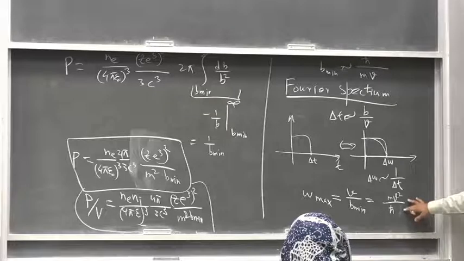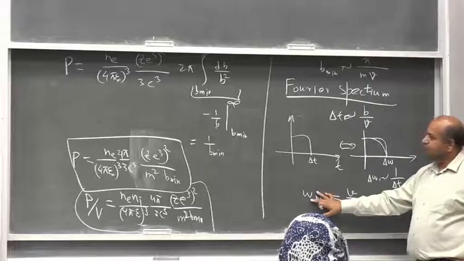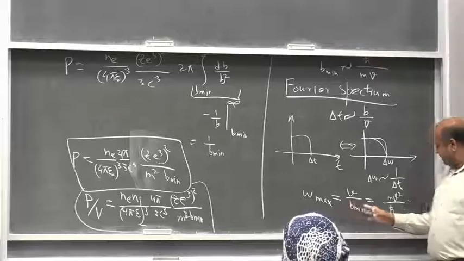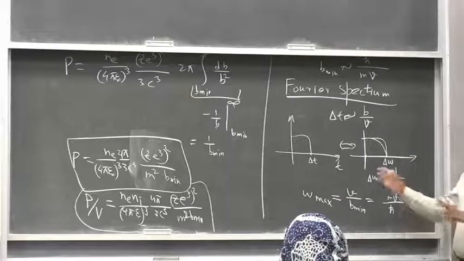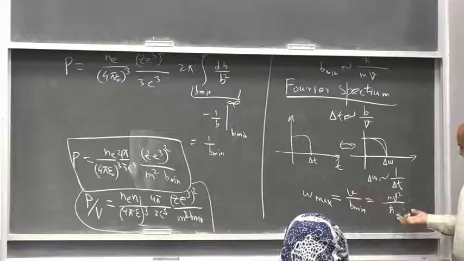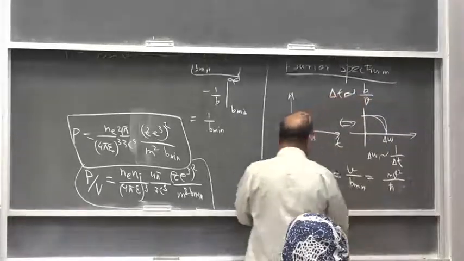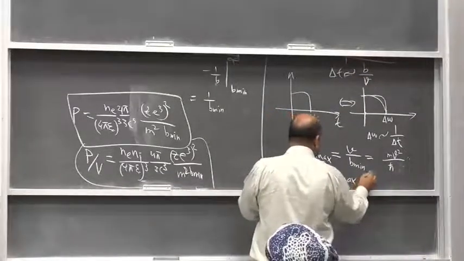ऐसे ही होना चाहिए. The maximum frequency that we see in radiation emitted from this Bremsstrahlung should be equal to this. Then all other frequencies should be smaller than this. It makes sense, right? अगर मैं ये h cut उधर ले लूँ तो क्या बना? This is h cut omega max